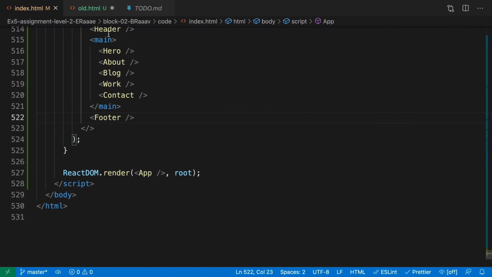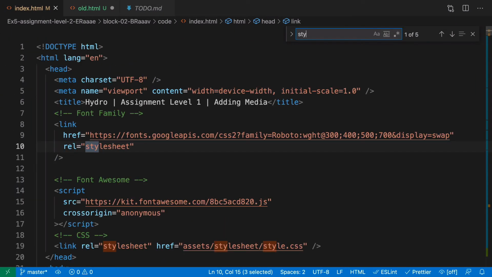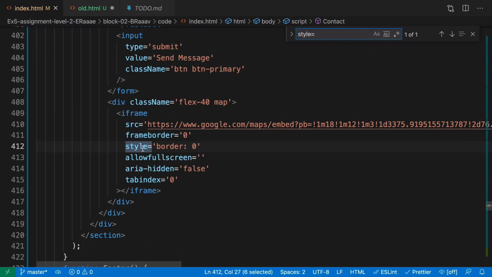So we must be using the style prop somewhere. So let's search for style equals, can you see we are using style here? So whenever you're using style in React, you cannot pass it like a string. Whenever you want to pass the style prop to an HTML element in JSX, you have to pass it like an object. So first you will put curly braces. This will convey that you're going to write JavaScript, and here you will have to pass an object like this. And you'll just say border and you'll pass a value of 0. So this is how you pass the style attribute to any HTML element in JSX.